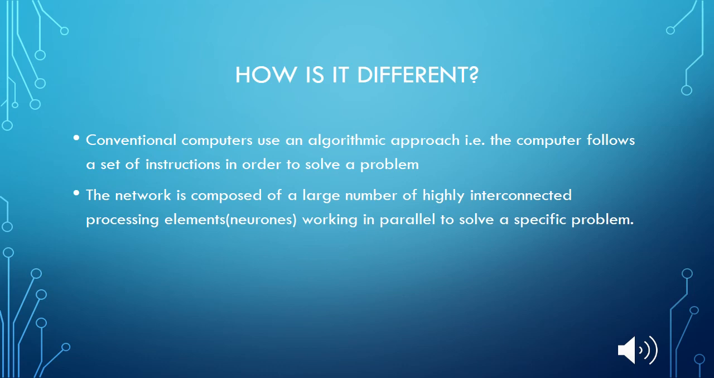A quote that I found that I thought was really helpful in understanding neural networks in general is that neural networks do not perform miracles. But if used sensibly, they can produce some amazing results. And I think that, in a nutshell, summarizes what a neural network